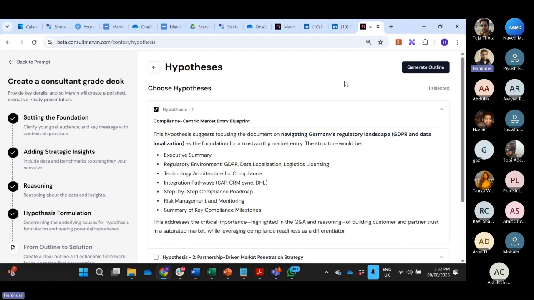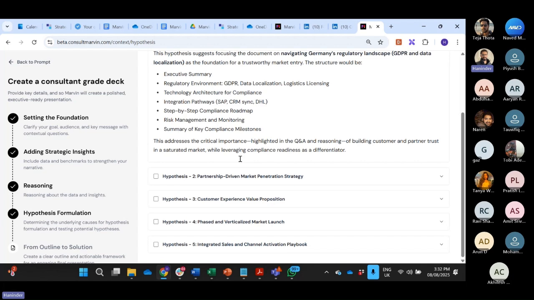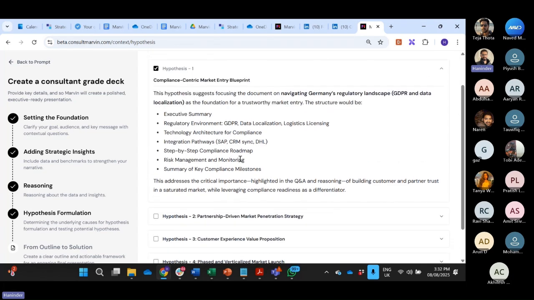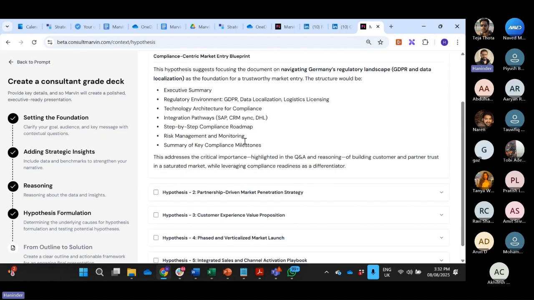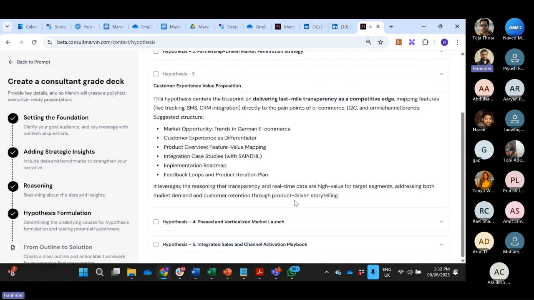Now, this step again is extremely critical. I think for people who have been in consulting firms, the hypothesis-driven approach is the gold standard when it comes to solving a problem. So Marvin takes that problem-solving framework and lays out 5 options for how it will create the operation blueprint of this market entry. So it could be, okay, I will focus more on compliance centricity, or I can focus more on partnership-driven market entry, or I can focus more on the customer experience part. So it's more about how do you want to think and how do you want to